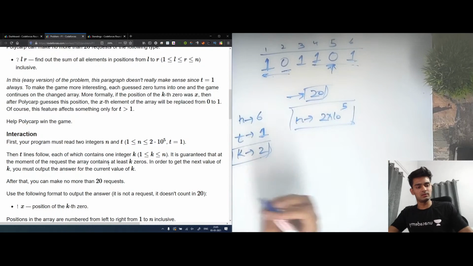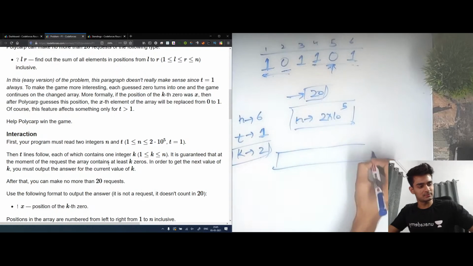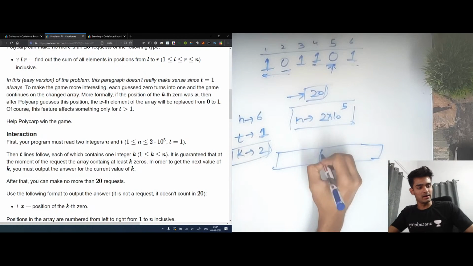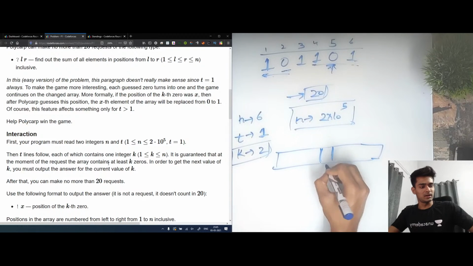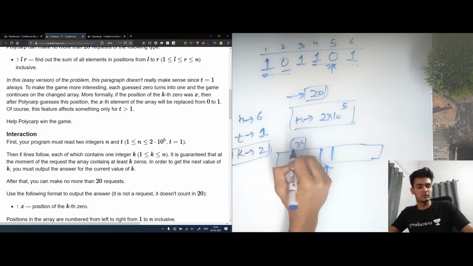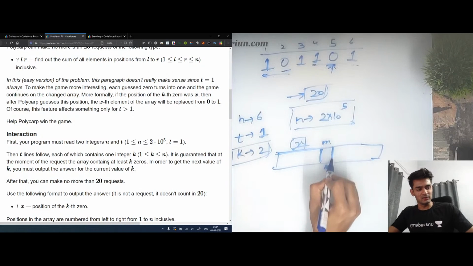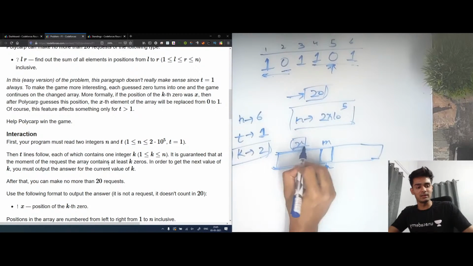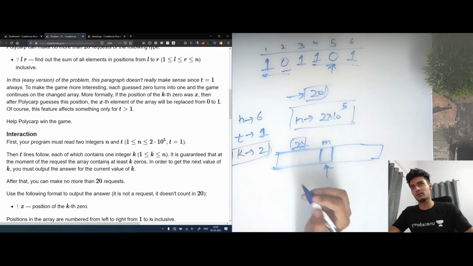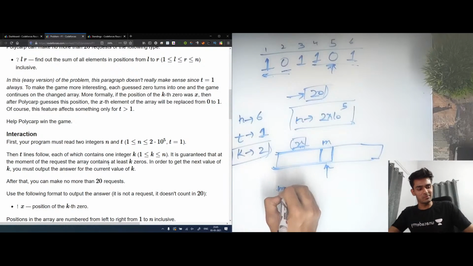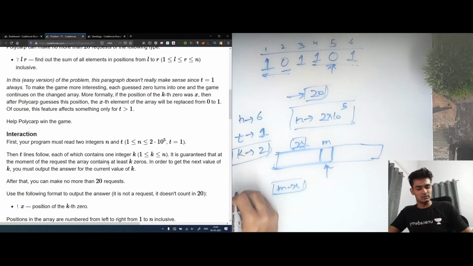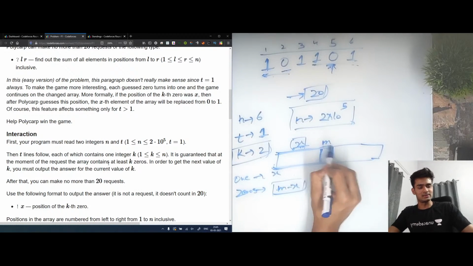So the way we can do it is, let's say this was our array. And let's say at any particular index, I told you that we had x number of ones. So let's say this index was m. Now we can find the number of zeros up to here as well. If we are given the number of ones, then through that we can find the number of zeros. The number of zeros will be m minus x, where m is the total values and x is the values which are 1. So zeros will be this and ones will be x, and the total size is m.